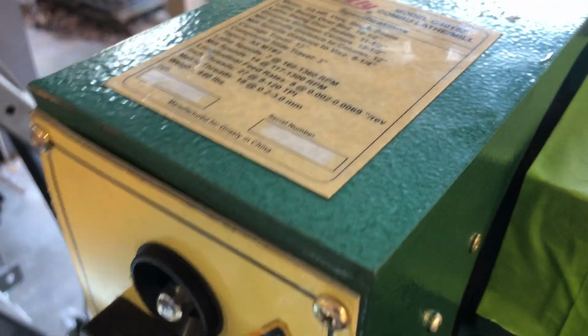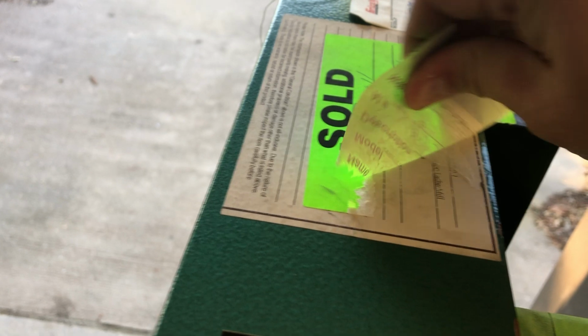So I guess that paper is not here. I don't know where that sheet went. It had a sheet on it that said what was wrong with it. Oh, I covered it up. It's this sticker right here. I'm gonna put the solid sticker on there. Basically, the problem with this is that the